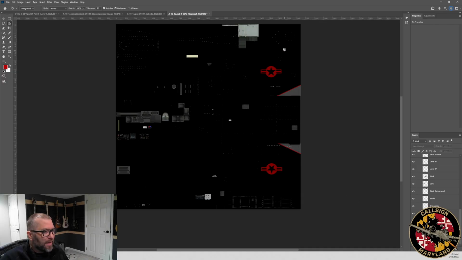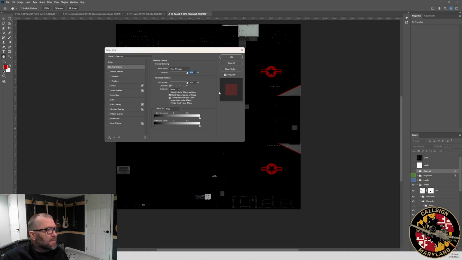That's what we're looking at right now. This is the nose of the aircraft. But I also have over here 3 folders, one called metallic, one called roughness, and one called clear coat. Okay, and the way that these work, if I double click on one of these layers, is the layer